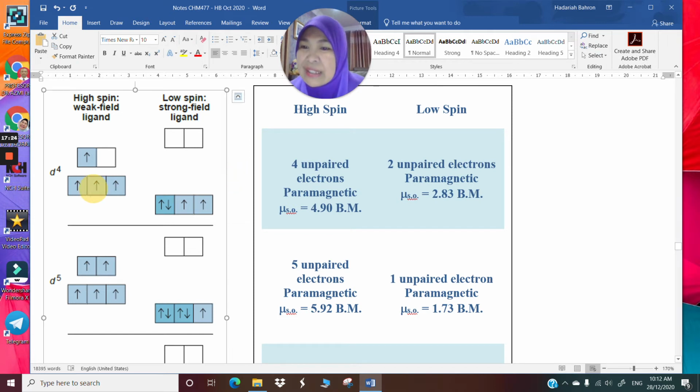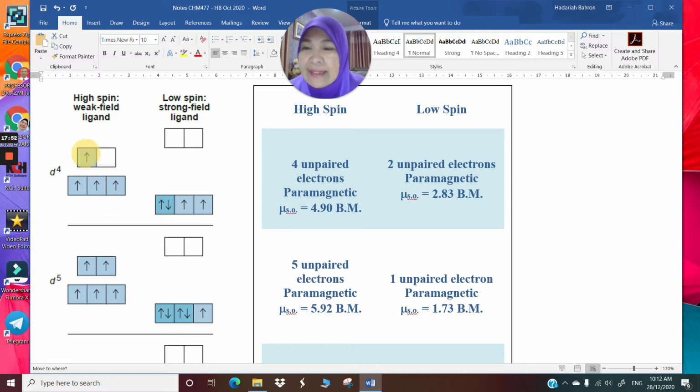For D2 is the same case. You're going to fill in this orbital and that orbital. Similarly, you're going to fill in this orbital and that orbital. No difference between the two. Similarly with the D3, 1, 2, 3 and 1, 2, 3. Now the difference between low spin and high spin will only be observed when you have D4 and D5, D6